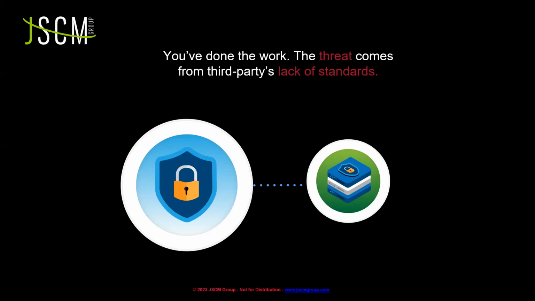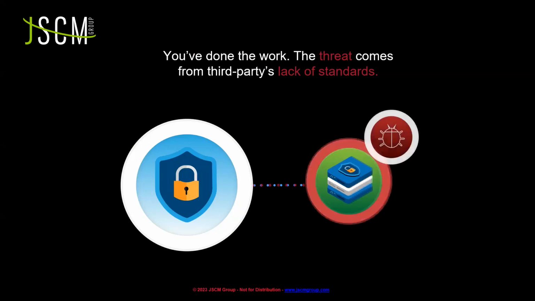Why don't we hold them to the same standards? Because the reality is that the threat will come from them just as likely as it will from inside of the network, just as likely as it will from inside of our organization. We require that our users go through regular security training. Why don't we require that our third parties are getting regular security audits? We require internally that our data is backed up and that it's tested. Why don't we require proof of that from our third parties that are storing the other parts of our data?